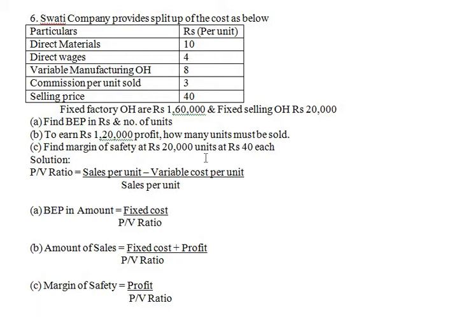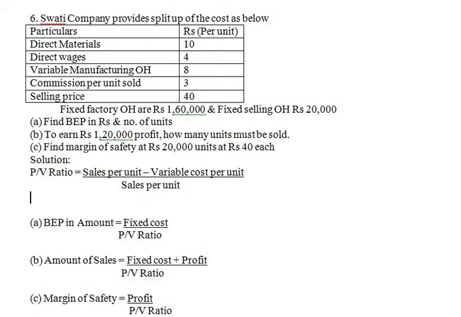Okay, now they have asked us to find out BEP in amount as well as in units. So for that we should know what is PV ratio. So first we will find out PV ratio. So write down PV ratio formula, that is sales per unit minus variable cost per unit divided by sales per unit. Okay, now sales per unit is equals to say 40